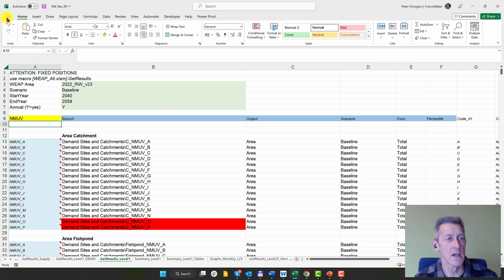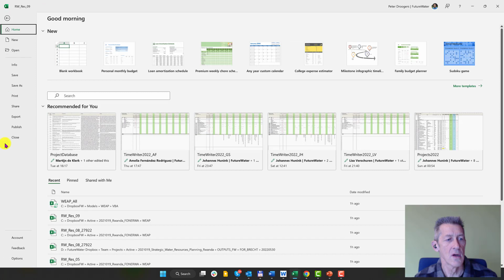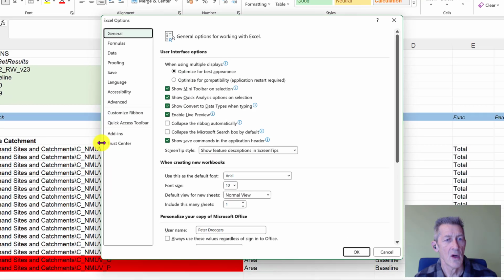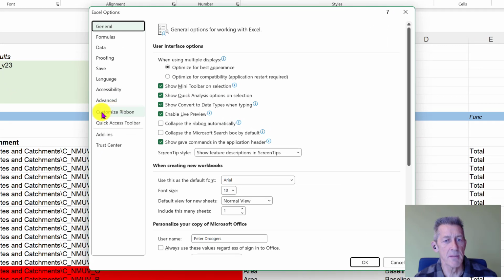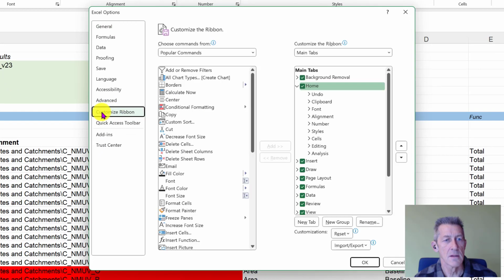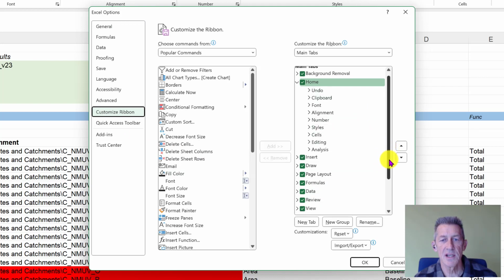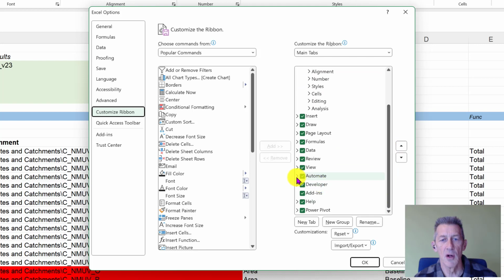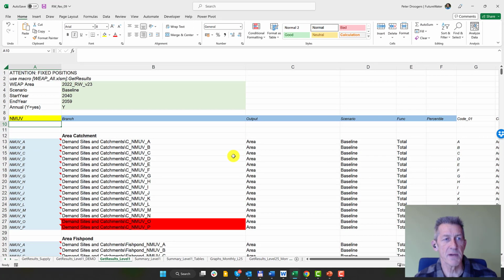Go to File in Excel, go to Options at the bottom, go to Customize Ribbon. Look here at the right where you've got all the ribbons which are there. And for some people, the developer tab is not enabled, so just enable this developer tab, and then you've got this macro. Okay, so going back to the original spreadsheet, what you have to do is run